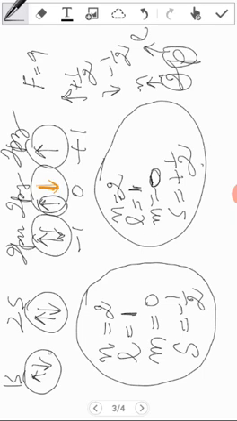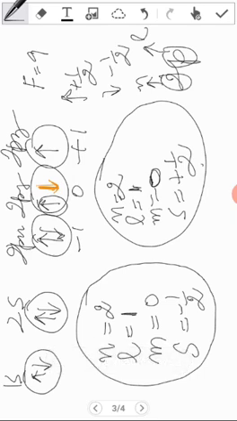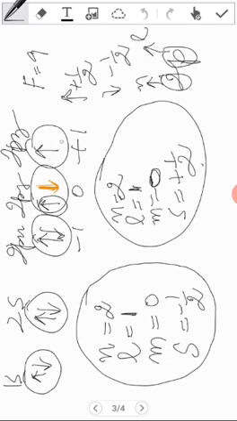Each and every electron has a unique set of quantum numbers. 3 values can be the same, but the 4th value will be different. Maybe 3 values are the same, but the 4th can be different. So if I have to find all 4 values for this electron, n is equal to 2 because it is coming in the second shell.